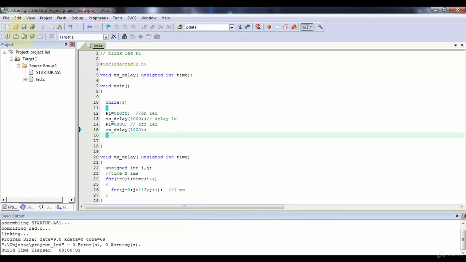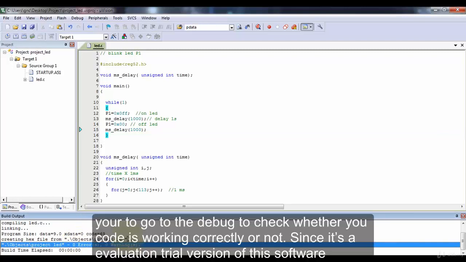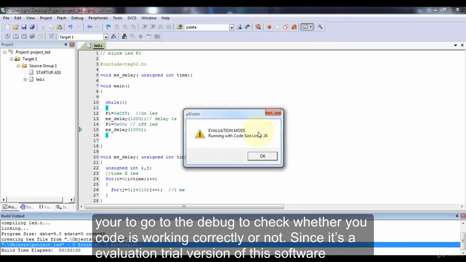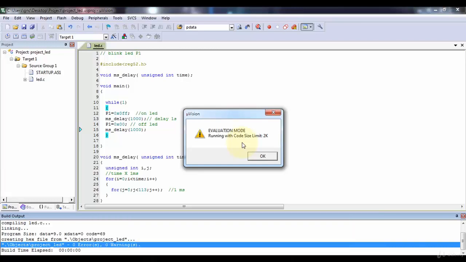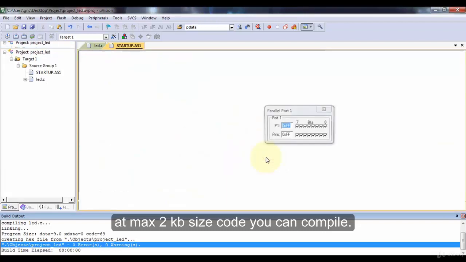Then okay. Again do translate, build, and rebuild. If all went correct, then you have to go to debug to check whether your code is working correctly or not. Since it's an evaluation trial version of this software, you will get a restriction on your compiled code of at max 2K size. Then okay.